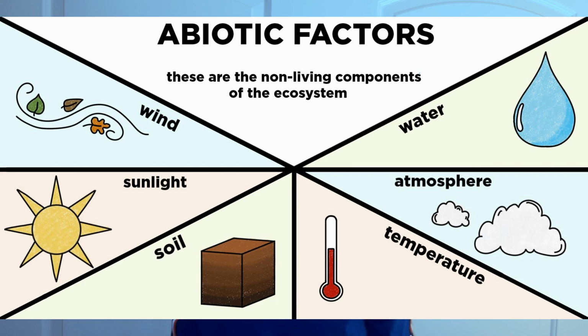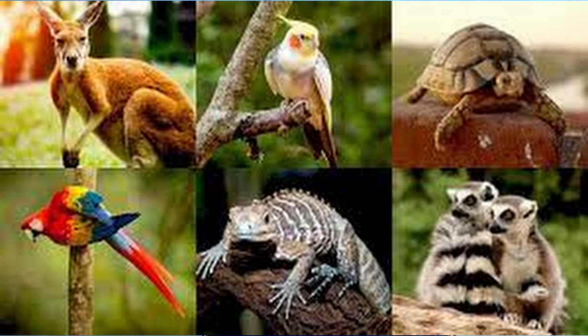Now that you know about the biosphere and the three different components, which are very important to us, we also have two main components that occupy the biosphere as well. We have the biotic components, and we have the abiotic components. Now, bio is a Greek word for life. Anytime a word has bio, it's talking about life. Like biology is the study of life, or biodiversity is how much life occupies Earth. Basically, biotic factors mean living factors of Earth, like us, or animals, or plants, or anything that's alive.